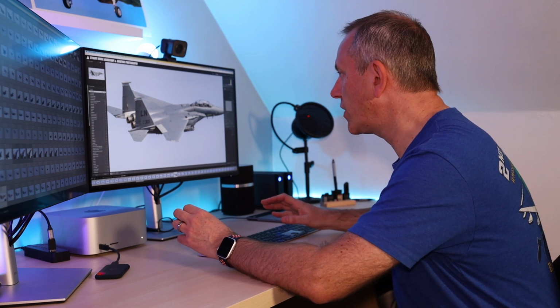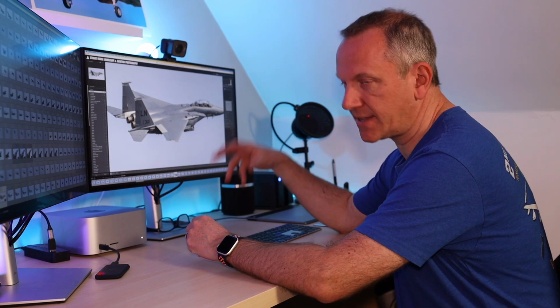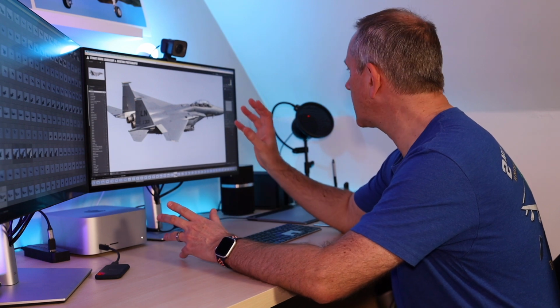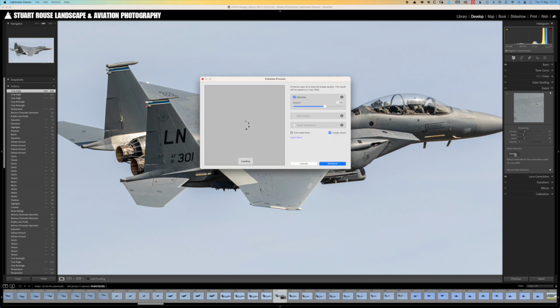Now, I was using Topaz DeNoise AI before, which would mean using a plugin and exporting it from Lightroom and then applying the denoise, then back into Lightroom, and then you've got another copy. So what I'm going to use here is denoise, which is built into Lightroom. So in the detail tab, press denoise and wait for the pop-up window to come up with the enhanced preview,